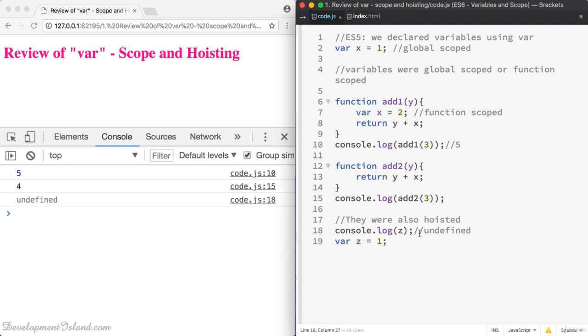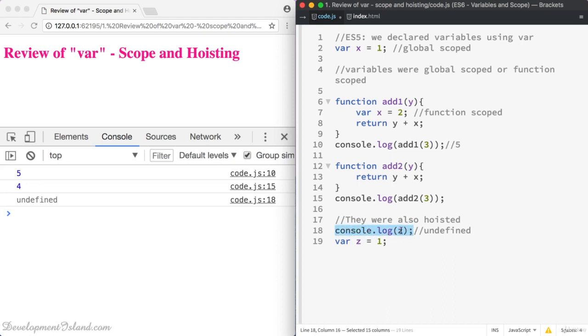And the reason why is because all variables declared using var, they are hoisted at the beginning before the execution of your code. So before your code gets executed, you know that z is going to be hoisted and set to undefined. Now when you get to that line,